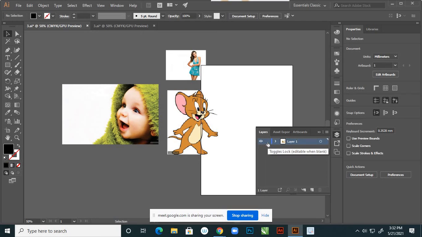There is a lock button, just click on that. And suppose create one more layer here, and then trace your body. Suppose hands, the left hand, right hand, left leg, right leg. That way you can trace, and that portion you can keep in one folder or otherwise one layer. Drop these two sub layers or otherwise 4 sub layers into one layer, so that can be the other portion. This way you can create.